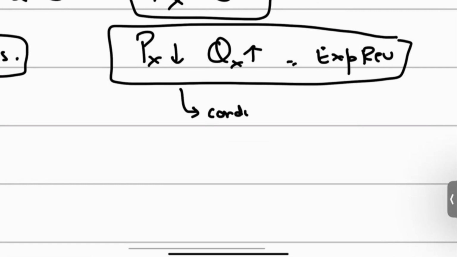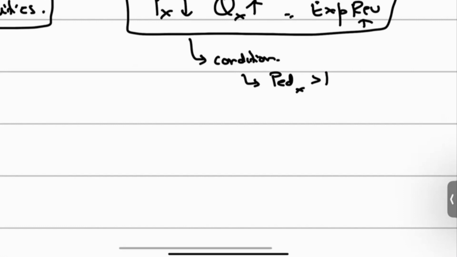इसकी कंडीशन क्या है? इसकी कंडीशन है कि the PED for exports should be greater than 1. अगर PED for exports greater than 1 है, तभी जाके एक्सपोर्ट रेवेन्यूज आपके बढ़ेंगे. अगर आपकी PED for exports greater than 1 नहीं है, तो एक्सपोर्ट रेवेन्यूज नहीं बढ़ेंगे. बल्कि क्या होगा कि अगर आपकी प्राइस ऑफ एक्सपोर्ट्स गिर जाती हैं, ठीक है, तो क्वांटिटी डिमांडेड